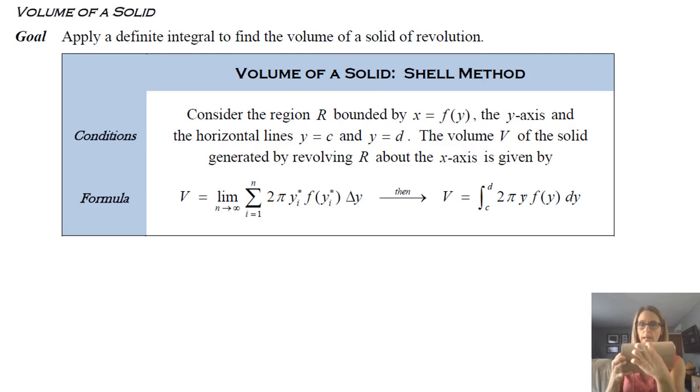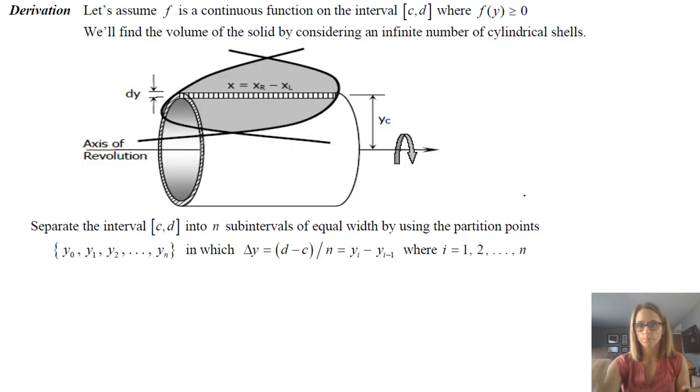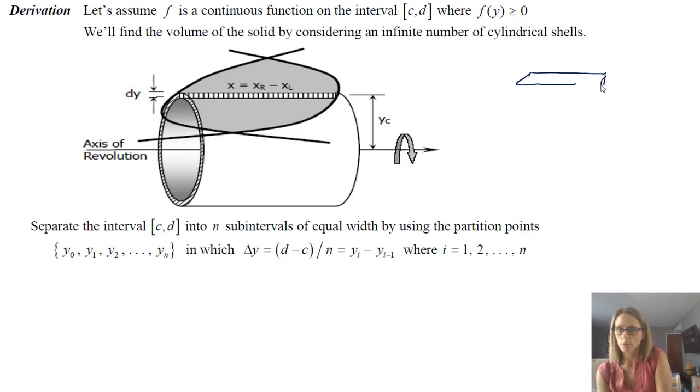It is going to be from this height here. And then this length here of it, however you want to think about that, is going to be some sort of f of y. And that'll be what we need to find, depending on what we're being given, if we have a curve or something like that. So we'll take a look at an example, but let's take a look at a picture. So in this case, kind of like what I just showed you there, each one of these shells is going to have some sort of height like this.